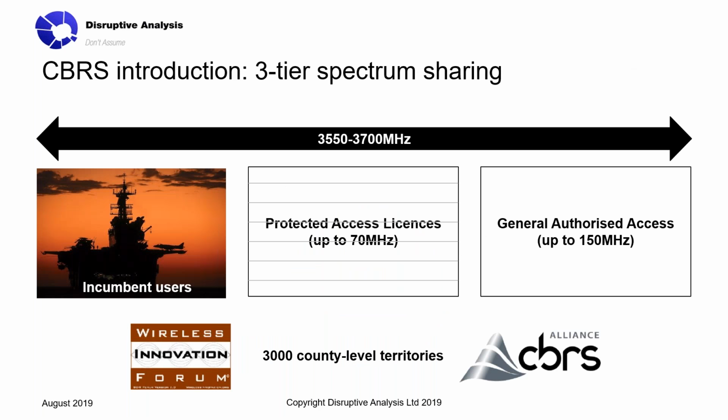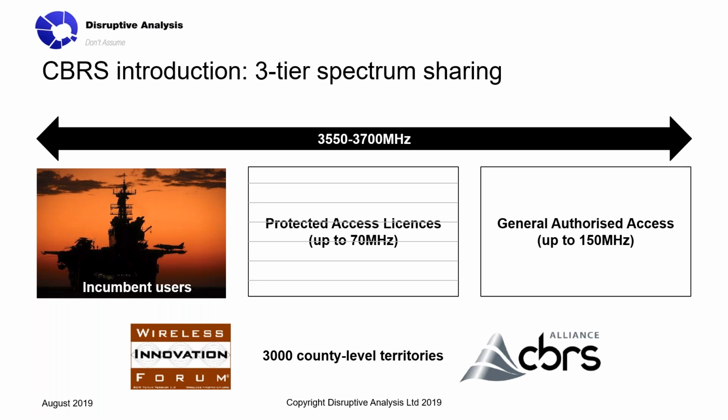So I'm not going to go through an in-depth discussion of exactly how CBRS works. There's a lot of stuff around on the web about this and a lot of other webinars, but I'll have a couple of slides of introduction just to set the scene a bit. First off, we are talking about a band that's in the 3.5 gigahertz or 3.5 to 3.7 gigahertz range. So sub 6 gigahertz. It's 150 megahertz in total, which is a substantial amount, usable for, as we'll discuss, 4G